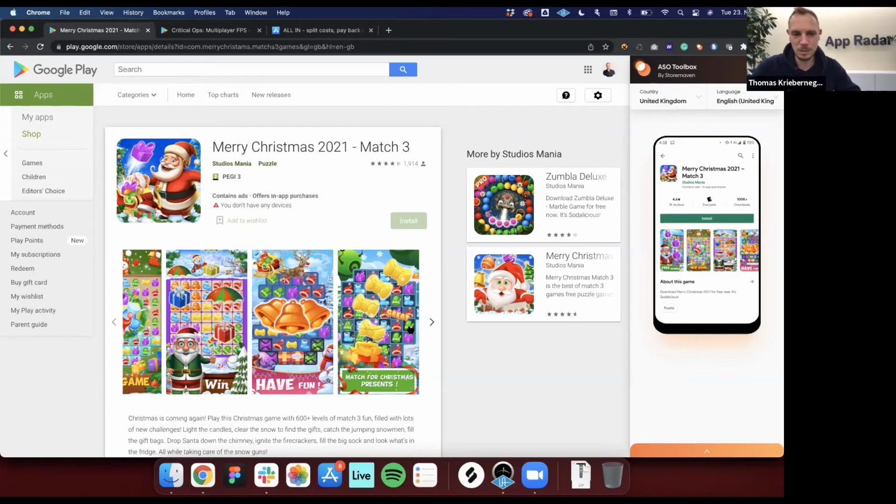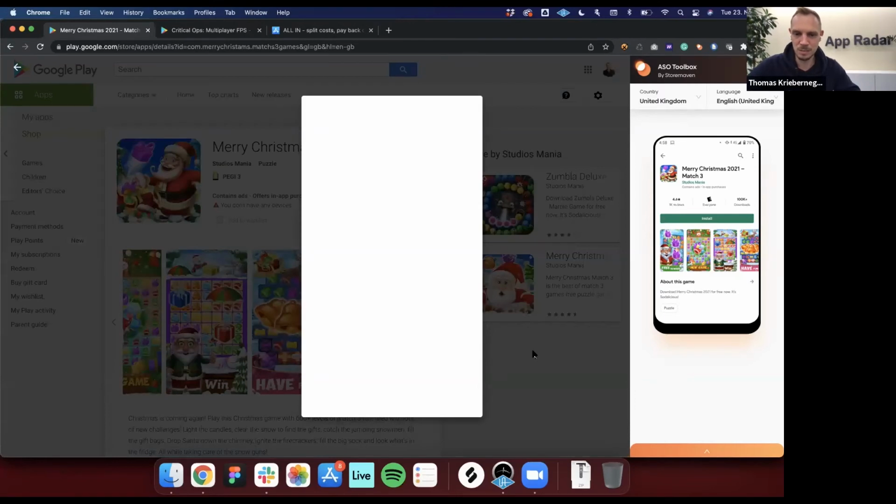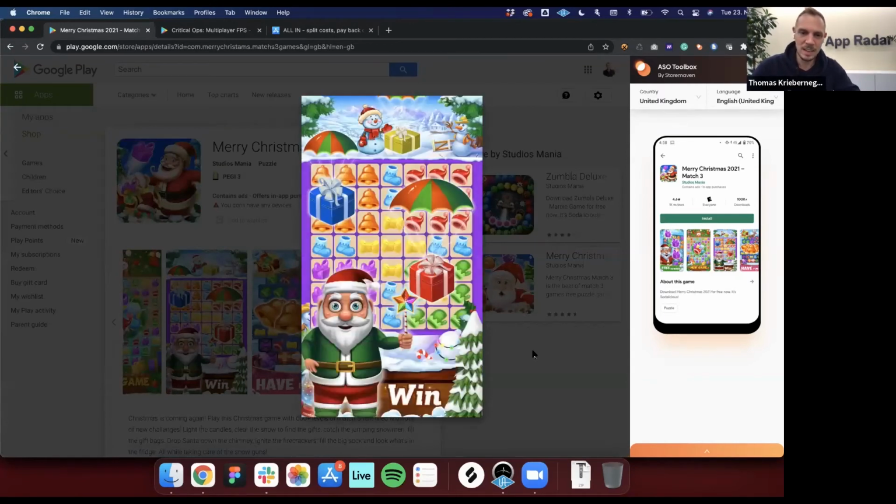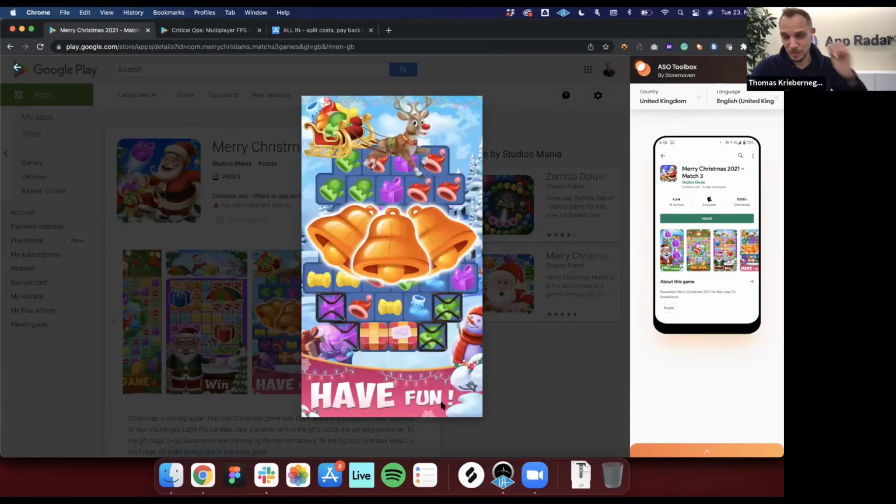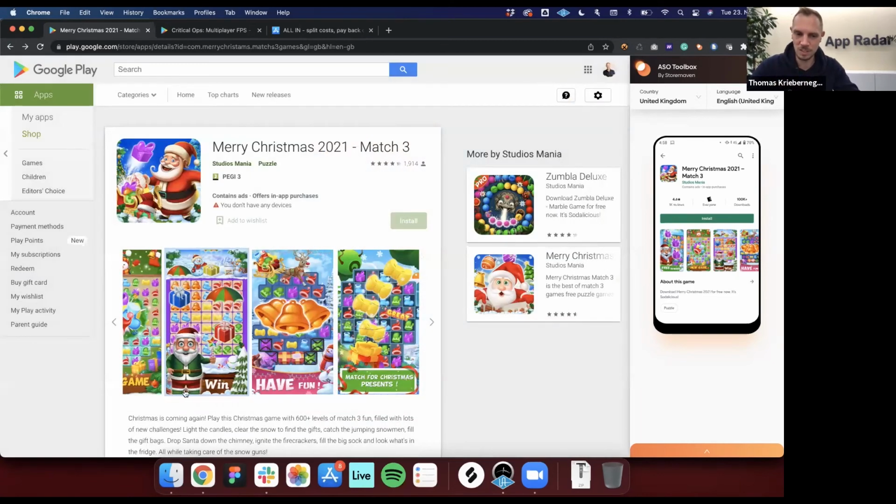But when we look a little bit closer, let me also open up a screenshot so we can check it out in more detail. One of the things we will recognize is that all of those screenshots have different color styles, especially when it comes to the caption and the subtitle, which is a really great practice, to have those captions and subtitles and also good inspiring messages. For example, win and have fun. I mean, that's actually not too bad, I have to say, to have those messages on your screenshots to also motivate people to really download your app.